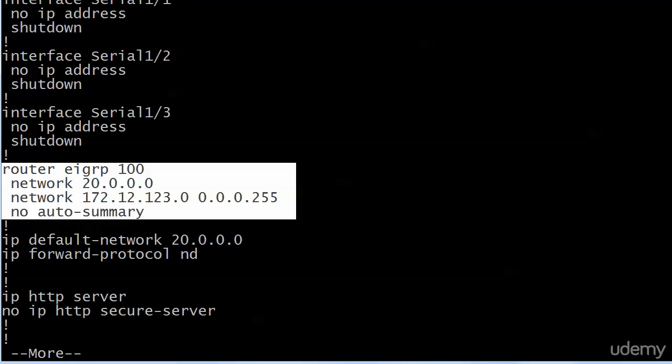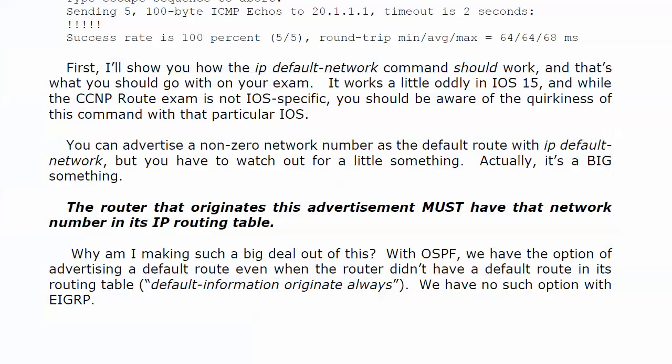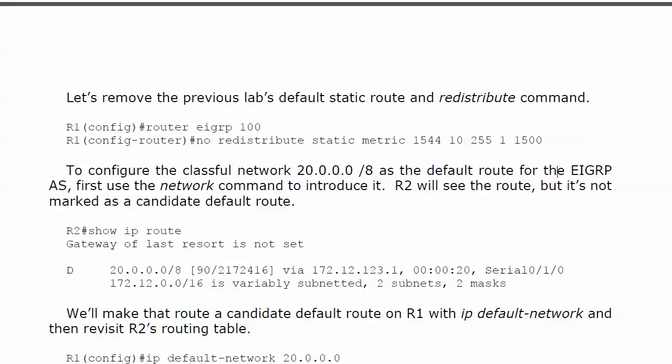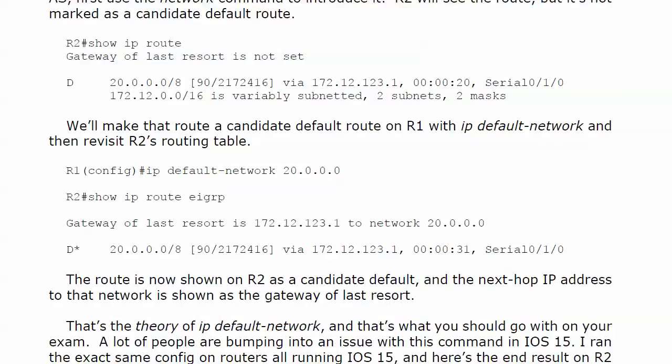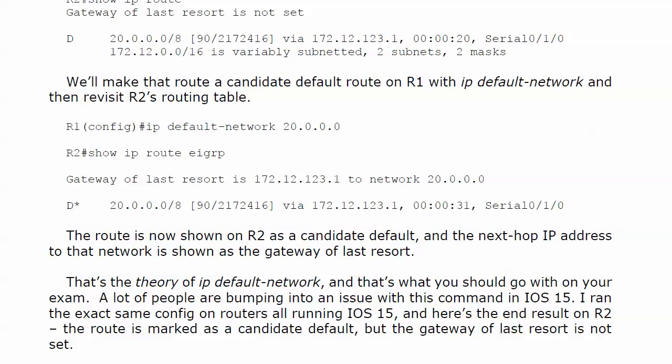Now I'm going to show you something, a bit of an IOS quirk that's really annoying. And this is off the record, if you will, and I am speaking directly into a microphone when I'm saying that, so it loses a little bit of its effect. What I mean to say is this is not going to be an exam topic, but you need to know about it. And I bumped into it when I was just running this command on a bunch of brand new